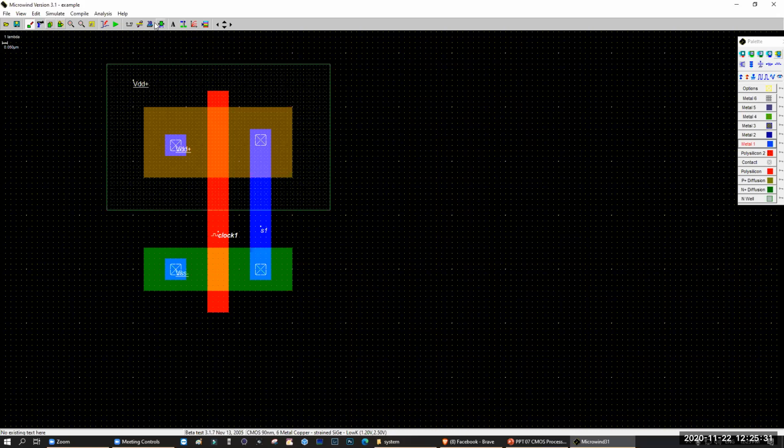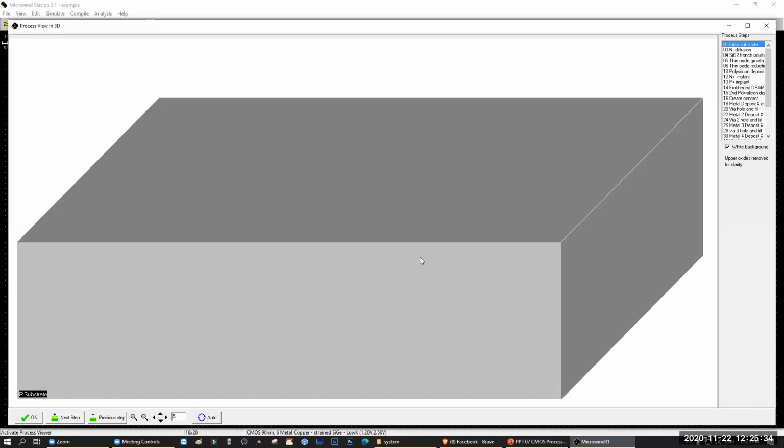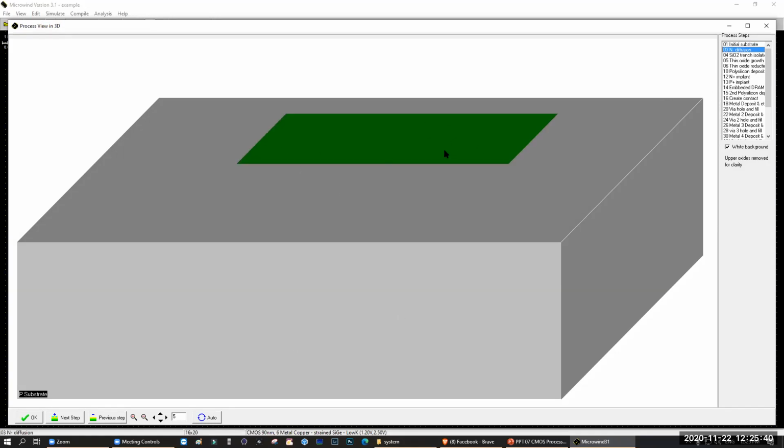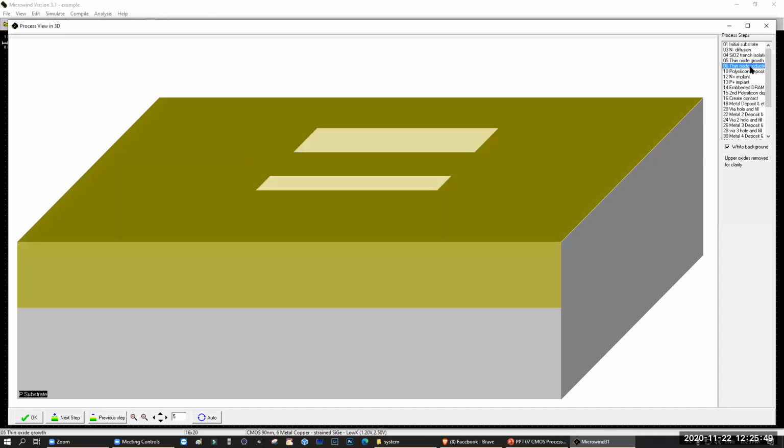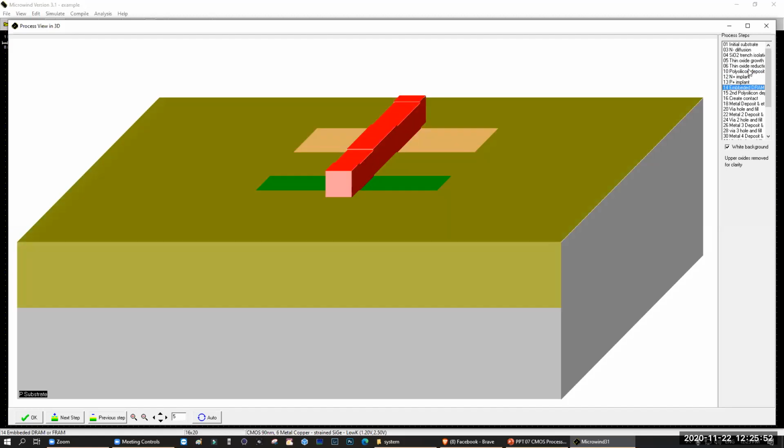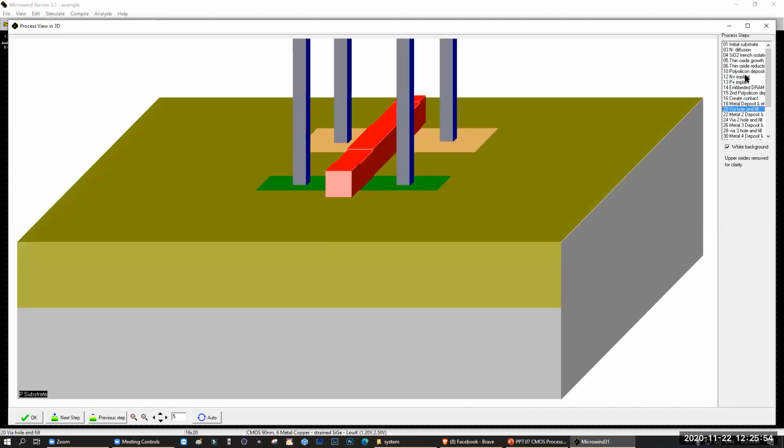What I am going to show you is the 3D representation. Here, this is our substrate, normal substrate. So at first we have to take the substrate, then after masking, after the lithography, we created one N diffusion. Then we created a silicon dioxide layer. Then see, can you see that? So it is done layer by layer. Can you see that, everyone? After each layer, we got something like this.